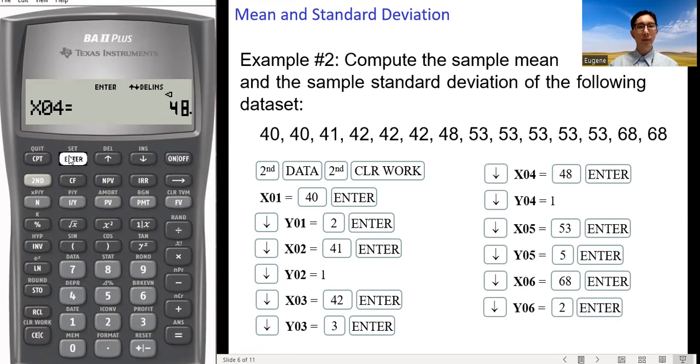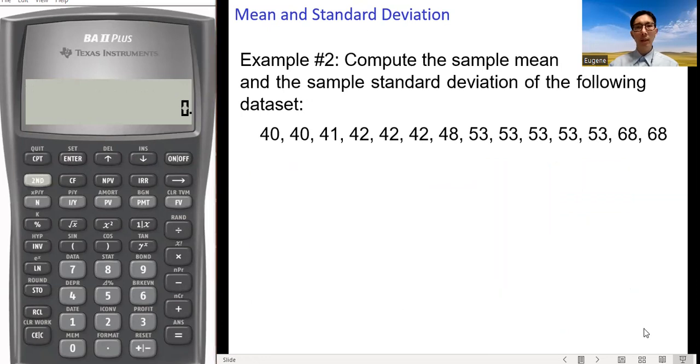Data value 48, frequency 1. Data value 53, frequency is 5. And then data value 68 with frequency 2. Quit the data worksheet and activate the statistics worksheet.